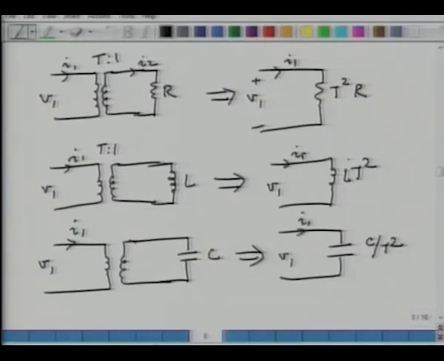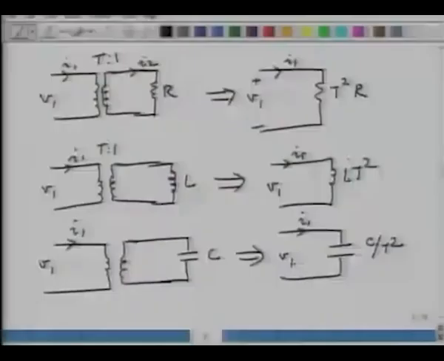Some of these concepts are drawn from electrical engineering, but you will find them extremely useful as we try to solve acoustic and mechanical problems. We will do one more example and see how it changes. If my circuit is like this, and the turn ratio is T:1,